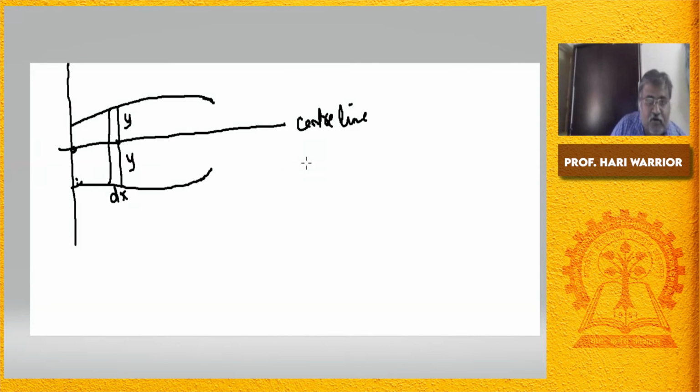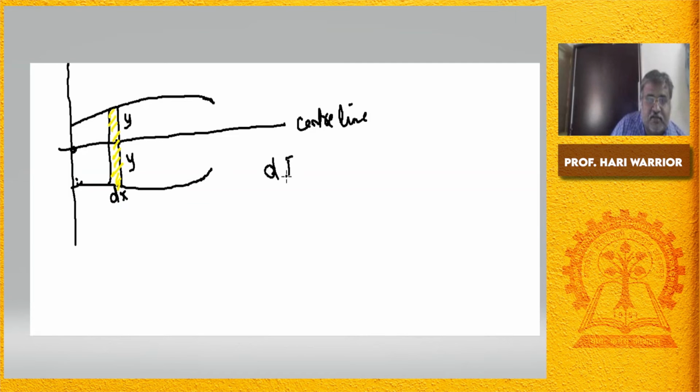Now the second moment of area, which you are used to calling the moment of inertia. The only difference, as I told you before, is that the moment of inertia uses mass, whereas the second moment of area deals with areas. Actually, it is the same thing, or analogically the same thing. But here it is actually the second moment of area. So if you want to find the second moment of area of this section, we'll get it like this.